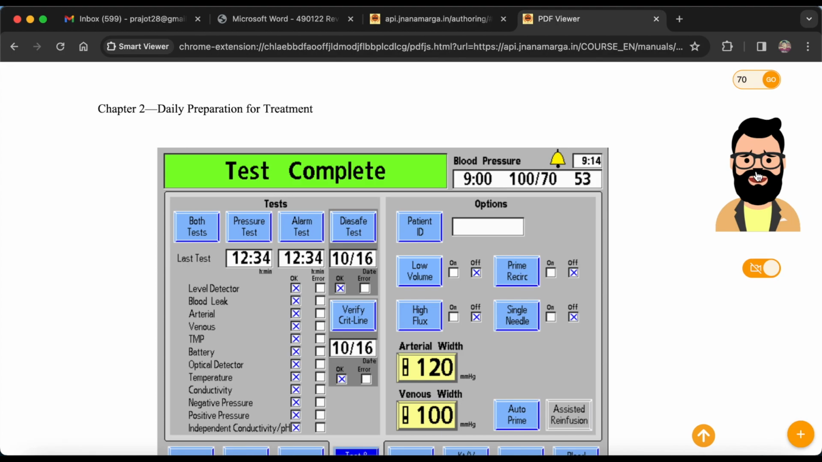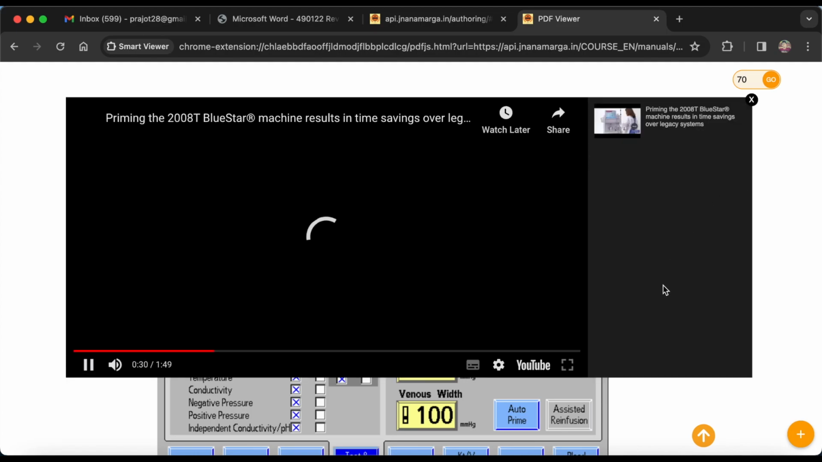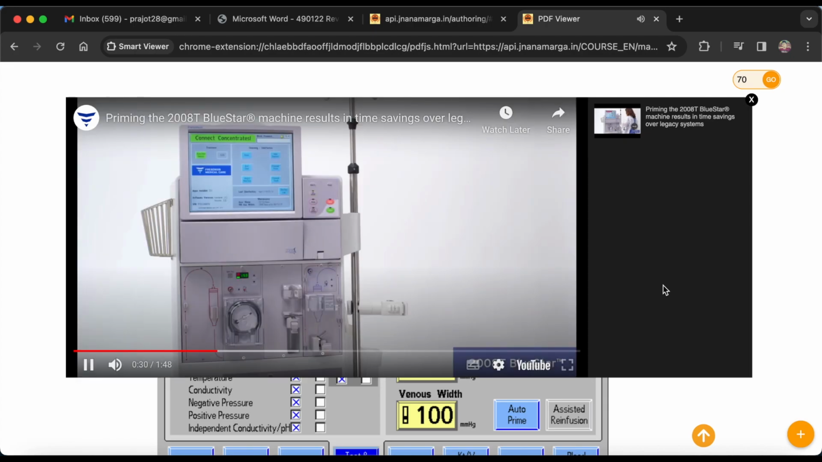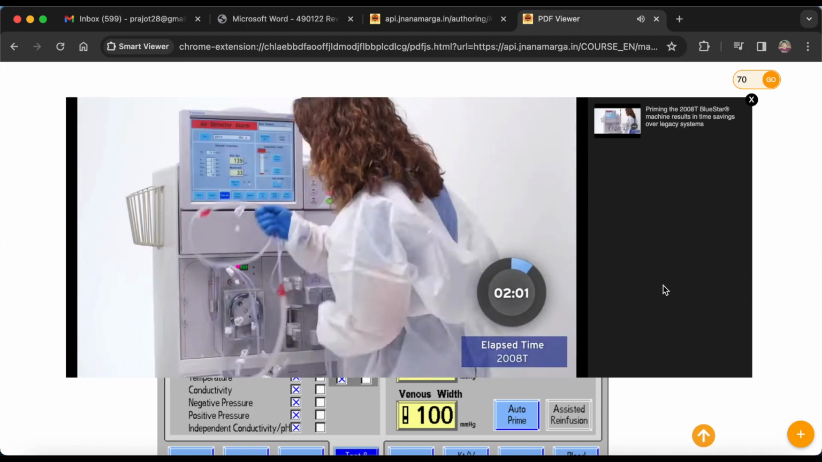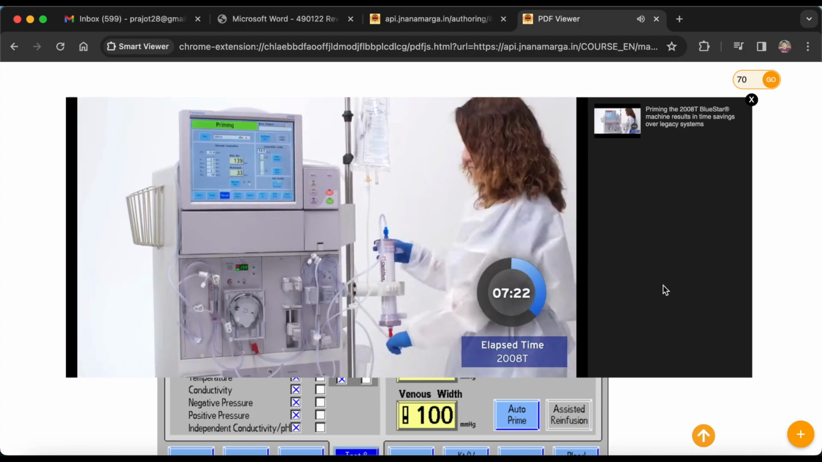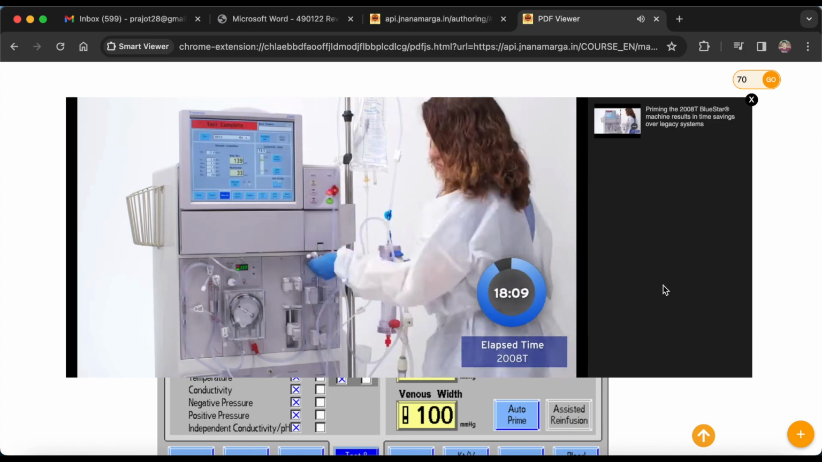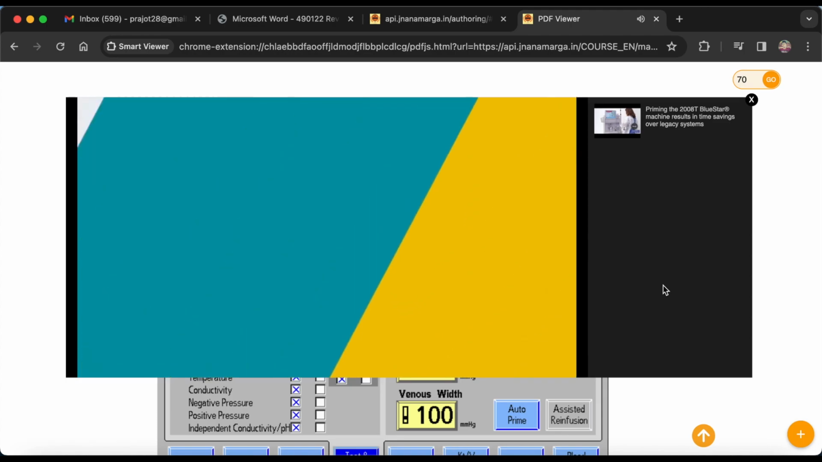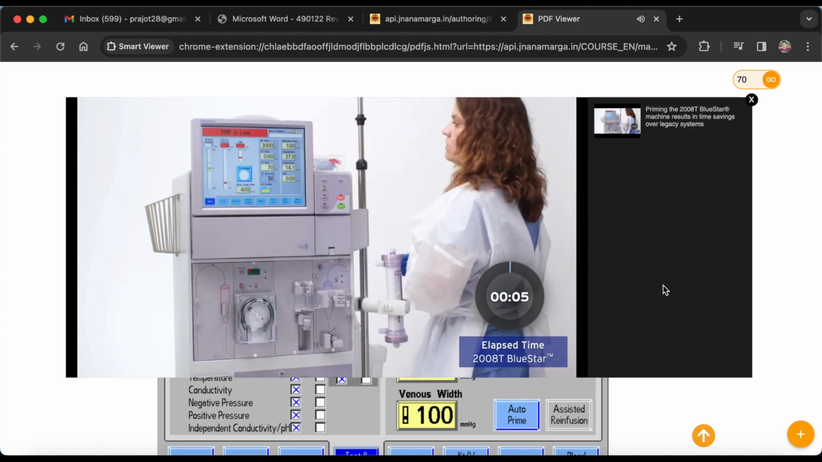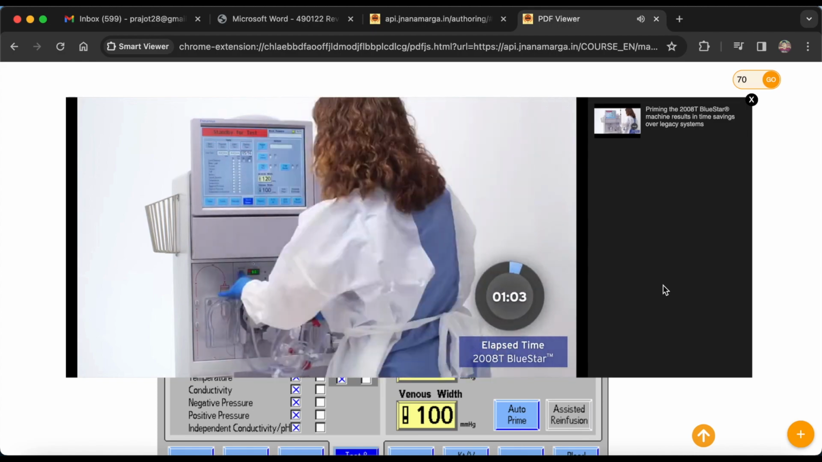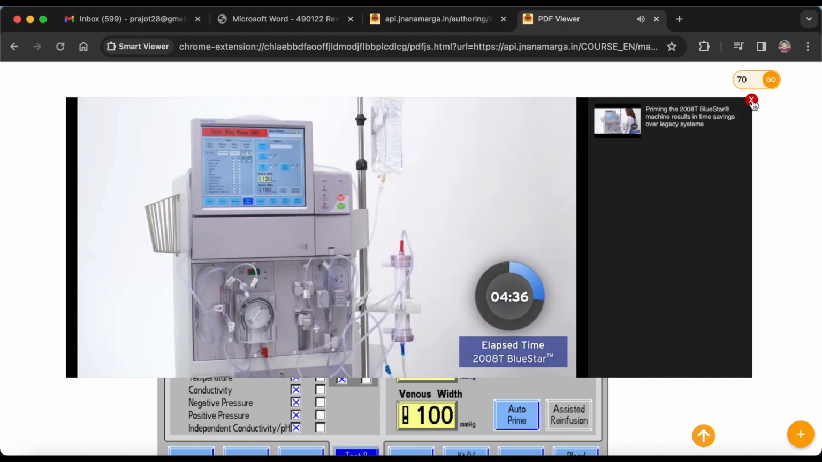Here are some videos related to your question. When clinical staff arrive, machine setup will be that much faster. Traditional 2008 machines require a manual priming during setup. This process may add time, even for the most experienced clinical staff. The 2008 Blue Star machine makes changeovers easy and efficient. While the machine begins its testing cycle, the clinician can start mounting the bloodlines and setting up the machine. During testing,